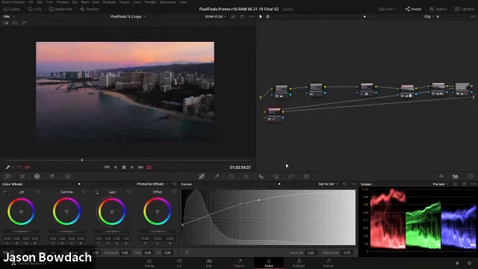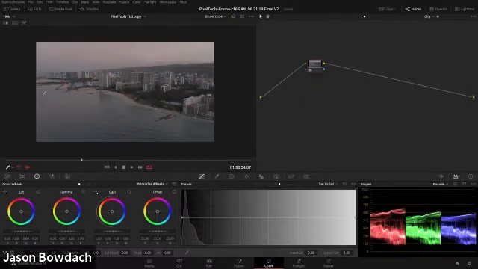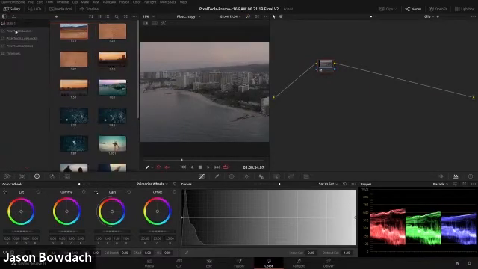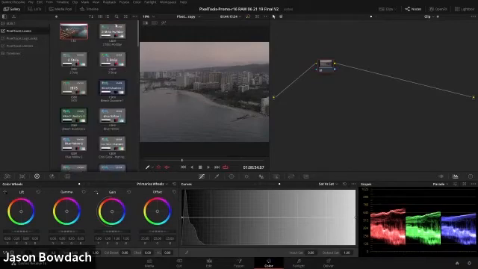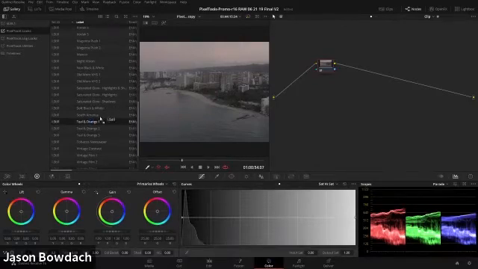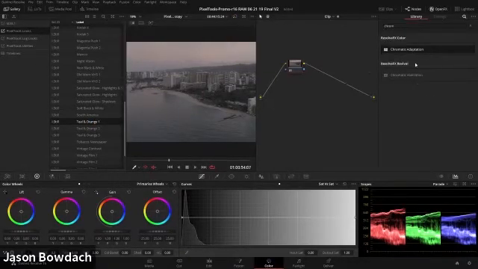So a lot of people don't use the hue versus curves, but they really do make a huge difference in color correction to make not only your work stand out, but you can make some very creative looks. So last but not least, I want to show you, you can see that I spent a ton of time developing this look and messing around with it, but you may not have time to do that all the time, especially in Resolve when you have all of these different tools. And that's essentially why I develop things like pixel tools, where I have essentially hundreds of different looks here that I can just, here, let's make sure that we have.